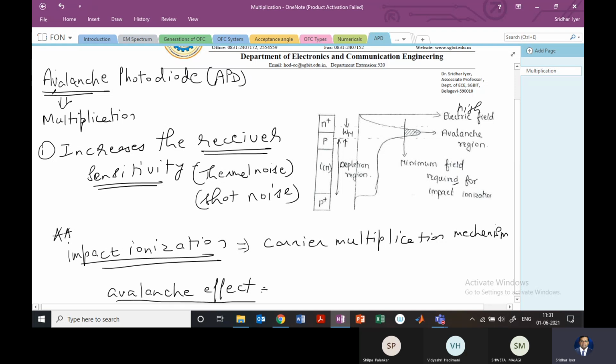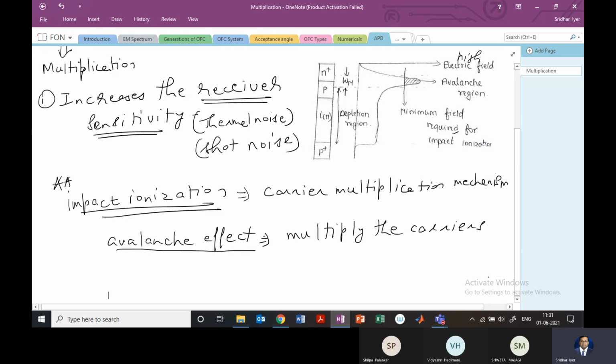So the avalanche effect is going to multiply the carriers. So these will be the existing carriers as well as those carriers which will be generated because of the ionization, and they get enough acceleration to get more energy, right? So below the diode breakdown voltage, you'll have a finite number of carriers which are created, whereas above the breakdown voltage, the number of carriers can be, in theory, infinite, but it's going to be a very large number of carriers which will be created, right?